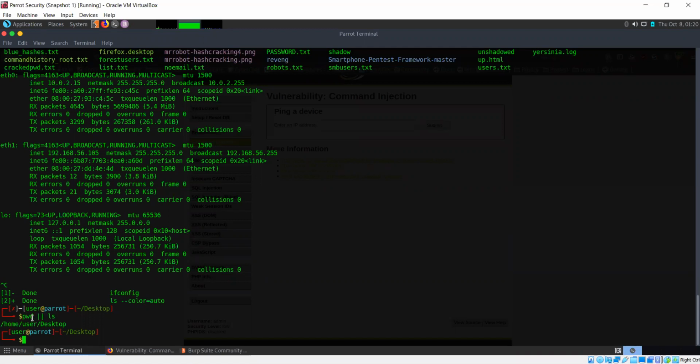So if the first one executes, the second one will not execute. If the first one does not run, then the second one will run. This could also be thought of as a way to chain commands, but then you cannot run all of them simultaneously. That's something you need to keep in mind. Now this is the concept of chaining different commands in one single line.